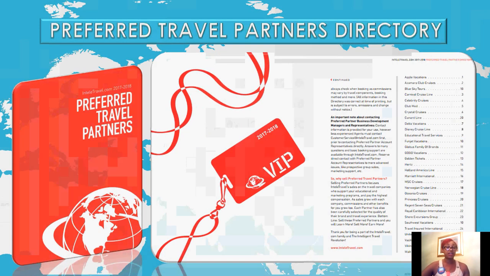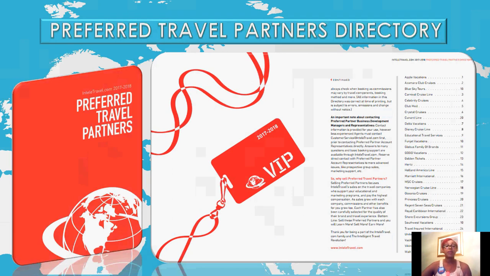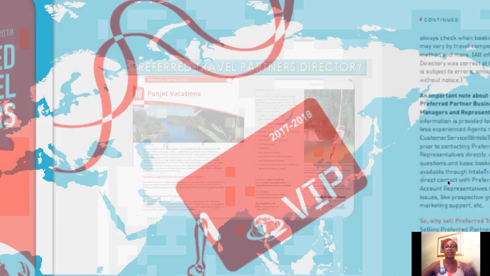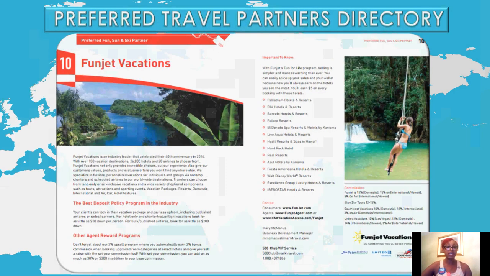These are some of the suppliers that you'll see in there that you can definitely register with to take their courses. Preferred Travelers Partners. Very important, guys. You should print this out. You should save this on your desktop because most of our suppliers, all of our preferred suppliers are in here. As you can see, Apple on page 1, Disney on page 8, Golden Tickets on page 13, Marriott on 16. And as you go into it, it gives you all the information that you would need to know about that